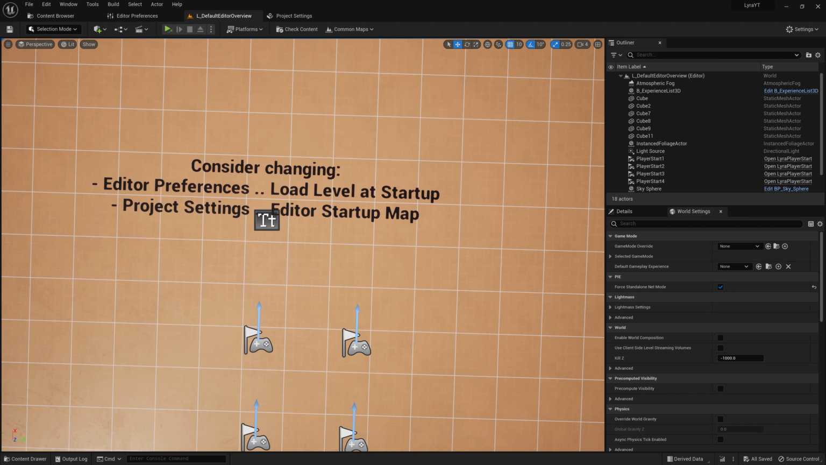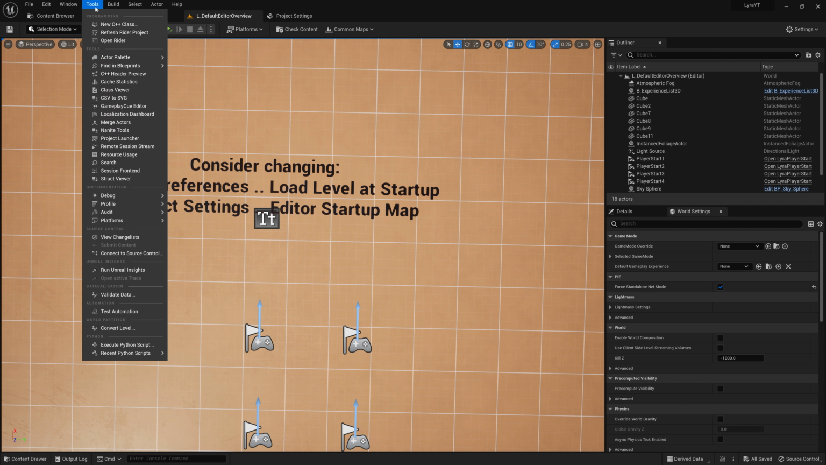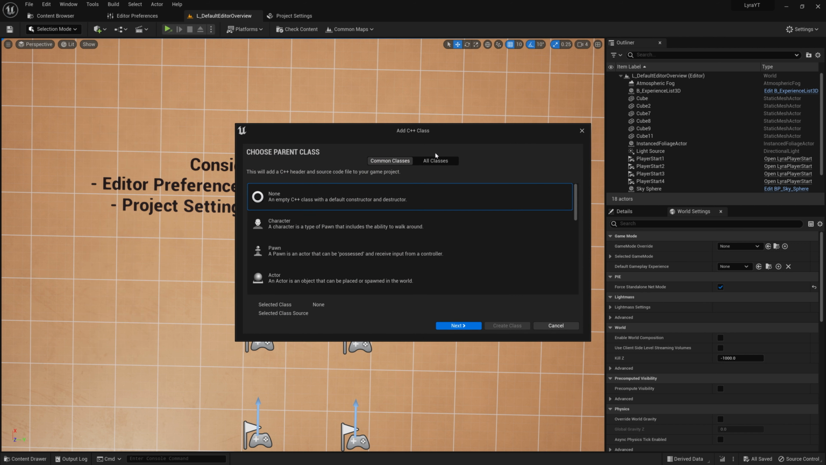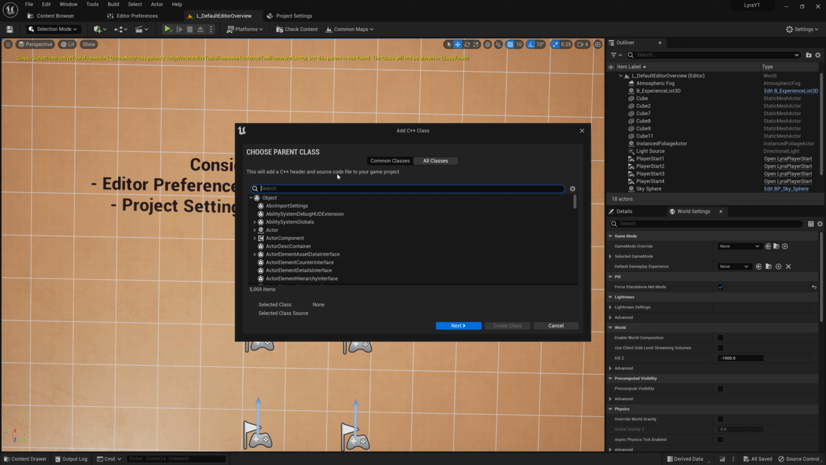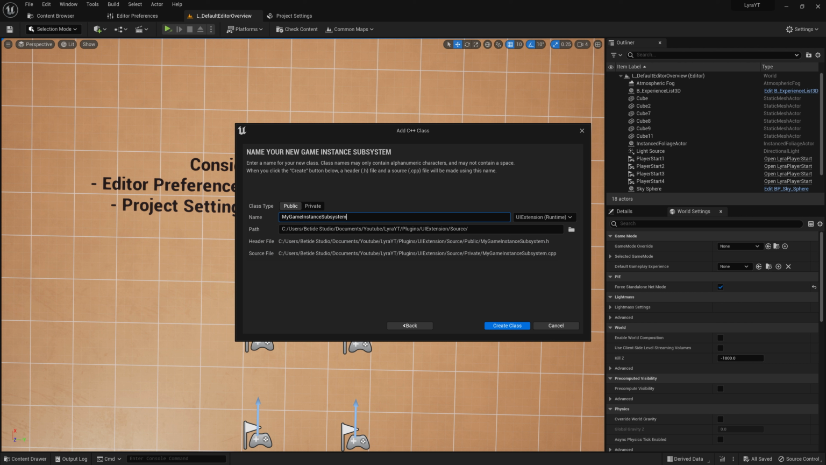So now let's go. Okay, so firstly, welcome back to the screen, and now let's just go to tools, as we have already created a C++ class, so that's not something we have to do again. But let's go to the new C++ class, and in all classes, search for game instance subsystem, this one. So basically we are just going to create a small subsystem for our own purpose, so that we can create sessions for dedicated server and different purposes. So we are just going to make this next, and